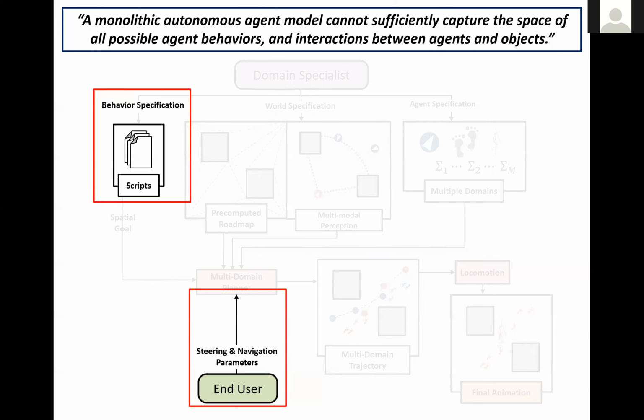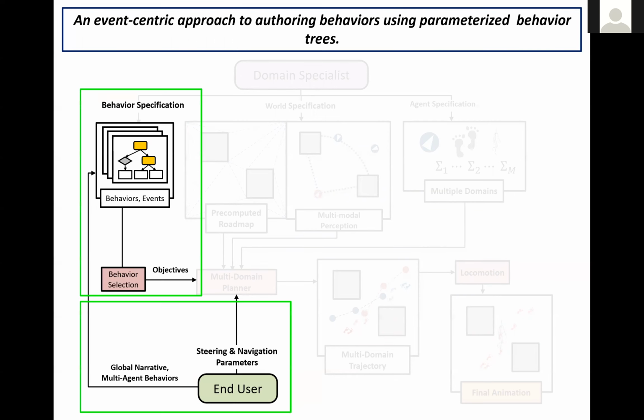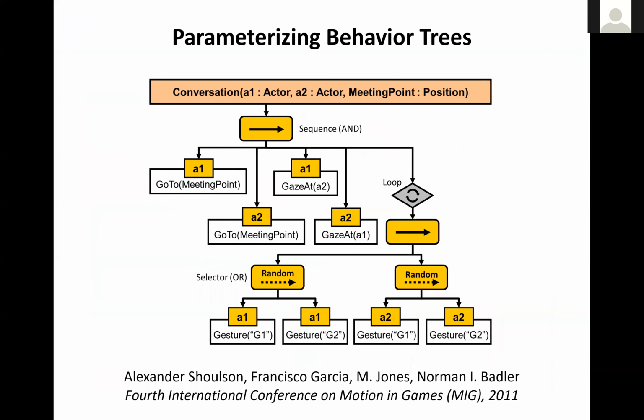So in order to make this problem tractable, we've developed what is known as an event-centric approach, where actors are participating in events. Actors who participate in events temporarily suspend their autonomy and are exclusively controlled by the event to ensure coordination between actors. So at a high level, you can think of this as a hybrid approach where we're combining decentralization and centralization to achieve complex multi-actor behaviors.